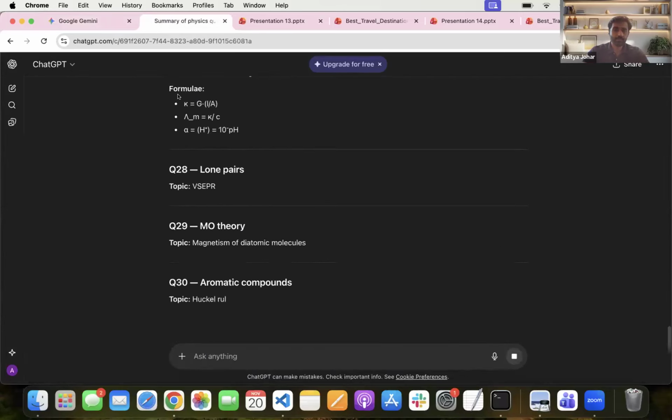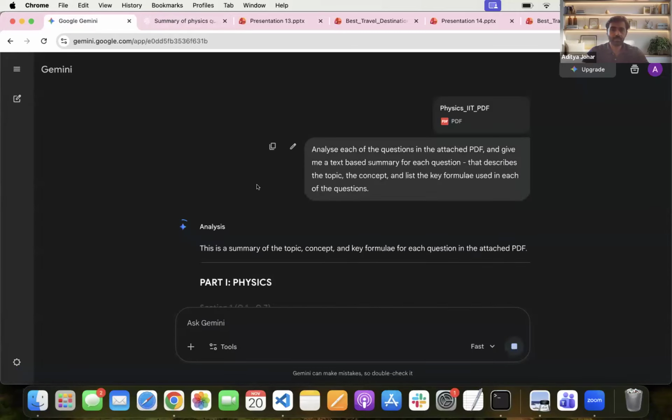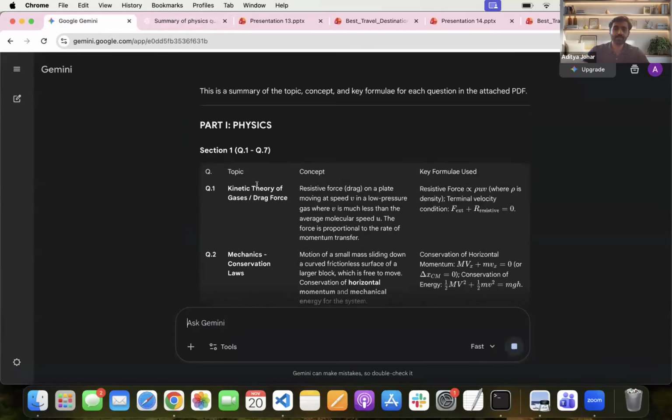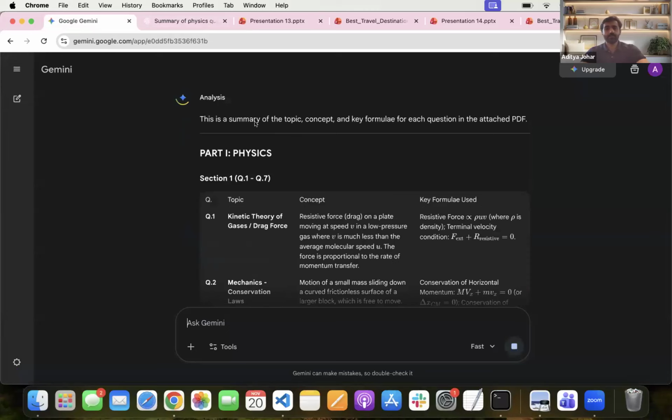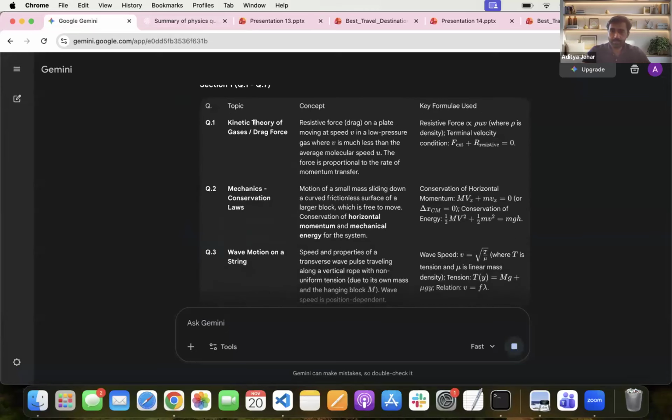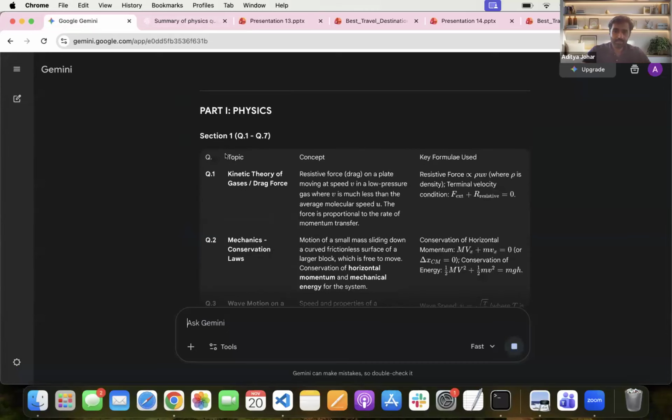Okay, so it's doing each question over here, and here we go. Here's an analysis. Now take a look. Well, look at the way Gemini has analyzed it. It's given us kind of a tabular structure for each of the questions and topics, and it's described the concept